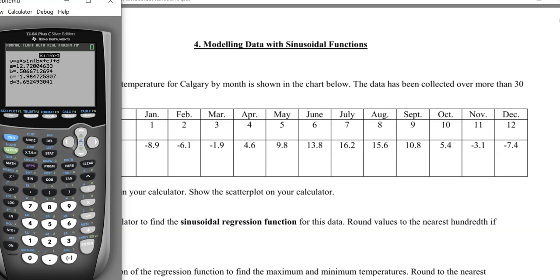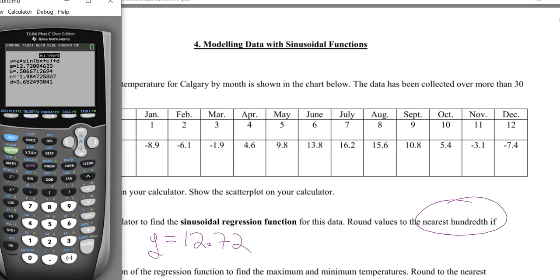So it gives us a sine equation. And we are going to round values to the nearest hundredth if necessary. So we're not going to copy this out. We're going to write the actual equation. Any equation is always going to be of the form y equals, right? So midline is y equals d. If it's linear, it will be like y equals 2x minus 5. So sinusoidal,